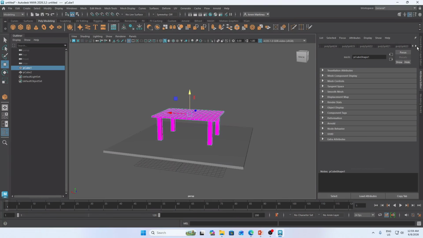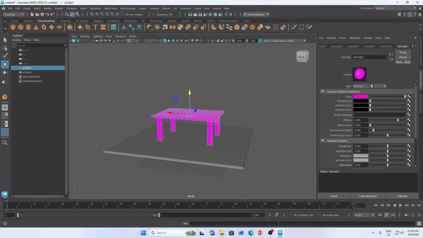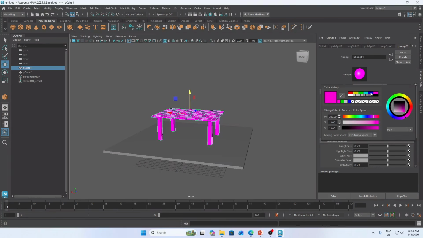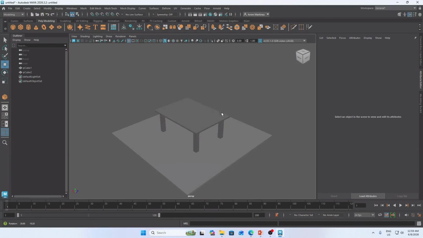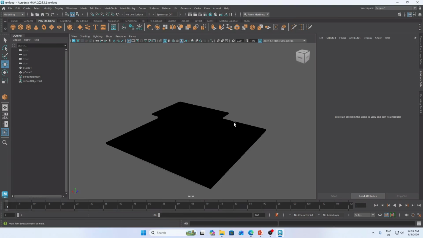I want to change the color. Now if I activate the light mode, it turns out to be black because there's an absence of light.